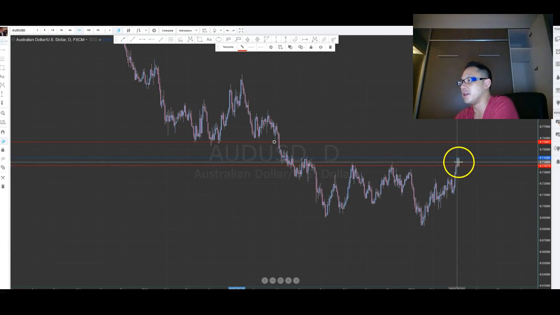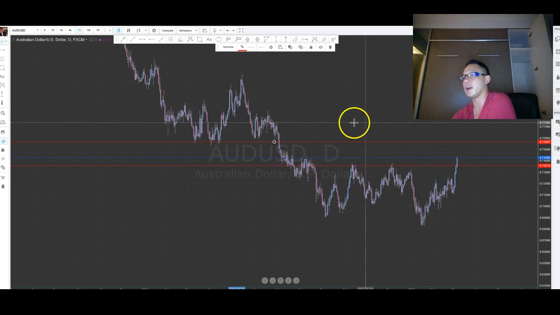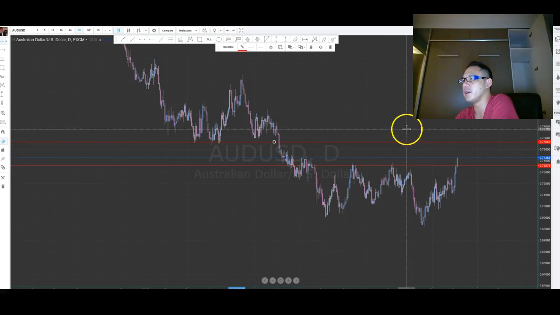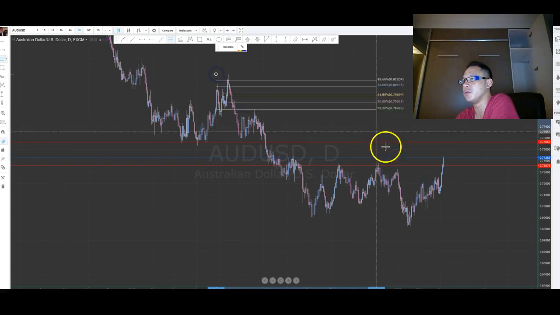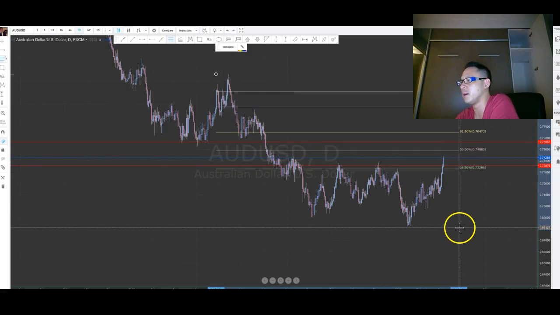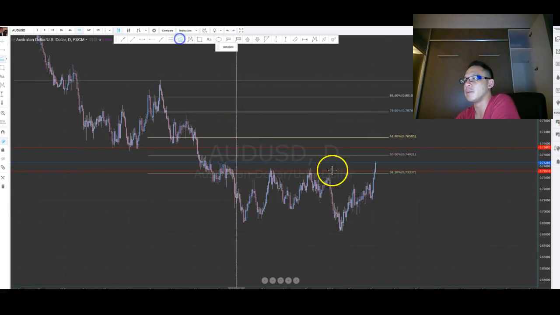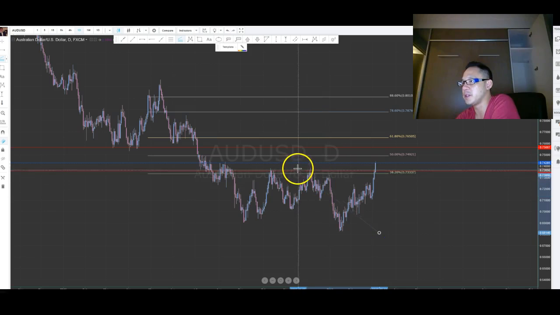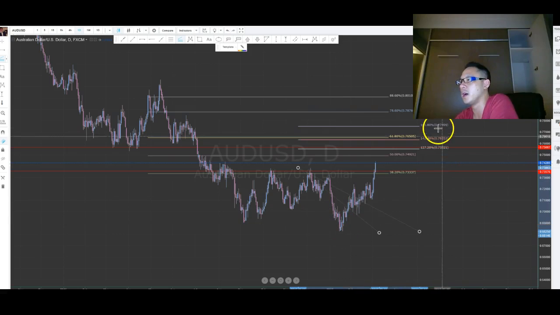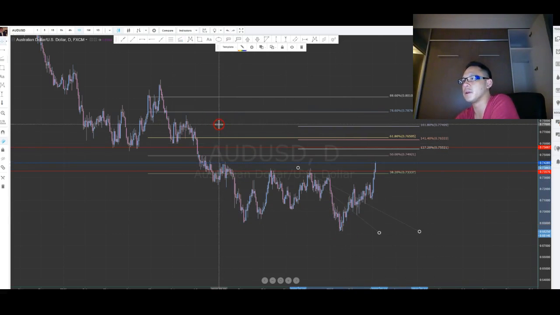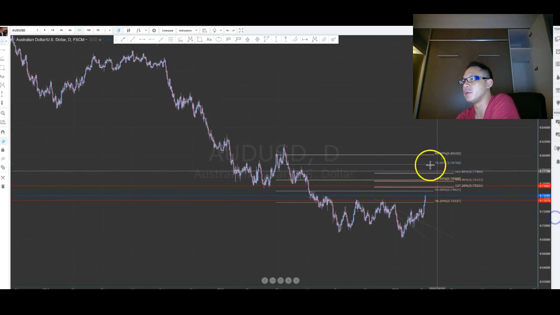But now it looks like it's finally doing this, and so this has come back on my radar now. And now I'm looking at this level here, and I did a little bit of analysis before, didn't spend too much time on it. But I started to revisit this and see the levels. I was looking at using my Fibonacci retracements and my extensions and all the tricks that I have to find potential levels of confluence. Now, bear with me because I'm doing this on the go as well.